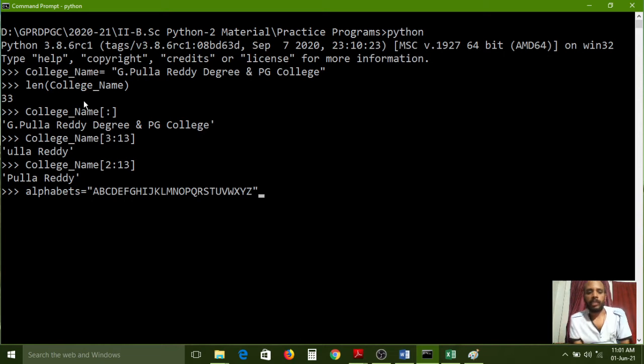So how many letters do we have in the English alphabet? All the letters I have typed and stored in the alphabets variable. Now I am pressing the enter key. Now I am using the slicing syntax. Alphabets is the variable name, then square brackets, and the start is the 0th index,